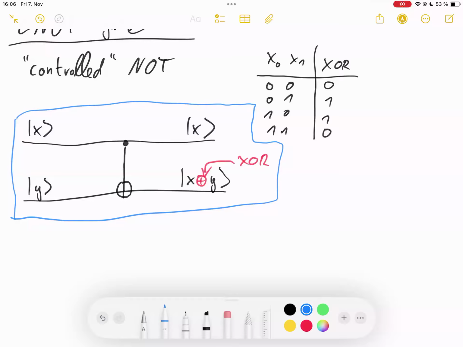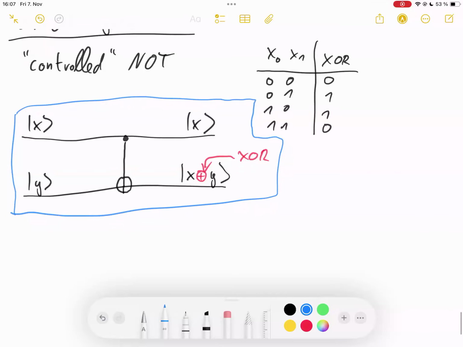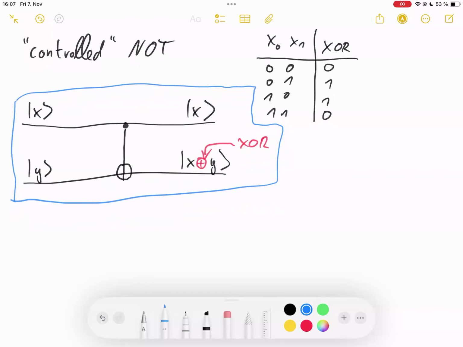The X doesn't change, so X will be the first output, and the second output will be X XOR Y. So we can write here: the CNOT gate takes the input XY to X and then X XOR Y. We can think about how we can represent this